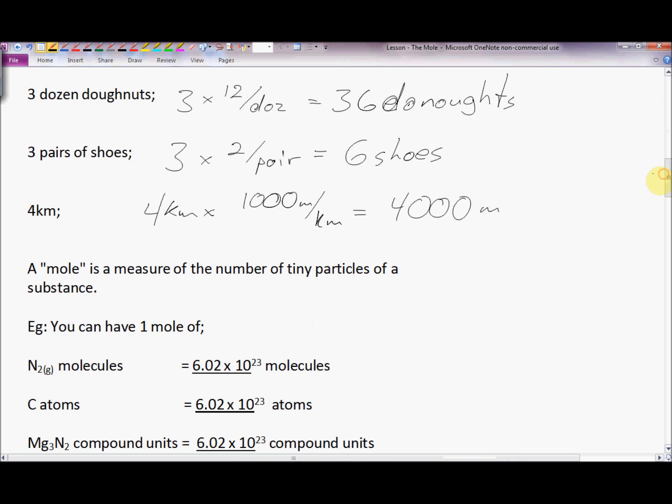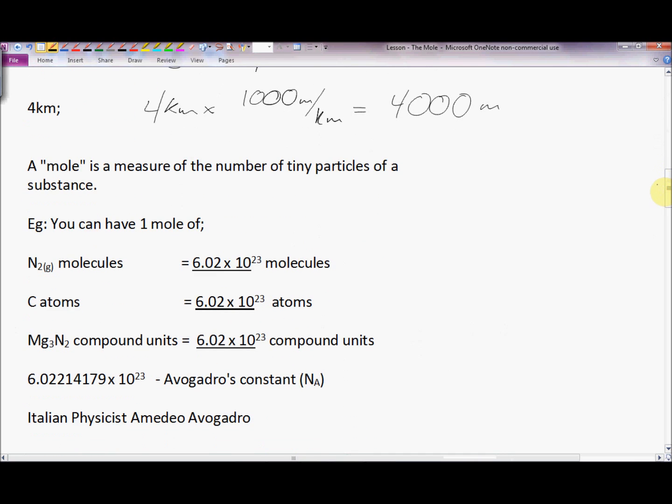So there you have it. A mole is a measure of the number of tiny particles of a particular substance. So you can have 1 mole of a bunch of different things. You can have a mole of nitrogen molecules. And what that would mean is that you've got